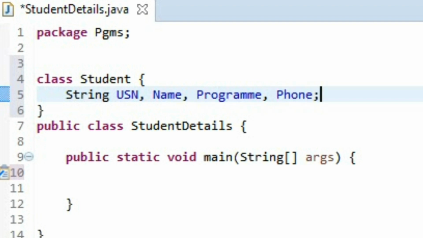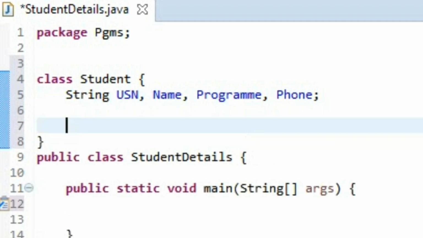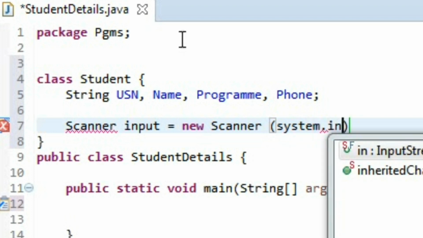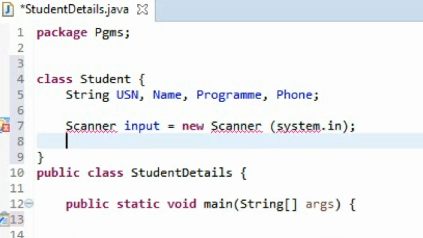Then after that we'll be taking the input from the user, so we are creating an input console. Okay, I'll be explaining this in more detail. For now just focus on the main concept. Okay, this is just for taking the input, like how we do cout and cin in C++ and scanf in C. Like that only for Java we have to write this. Okay, now this should be in capital S.